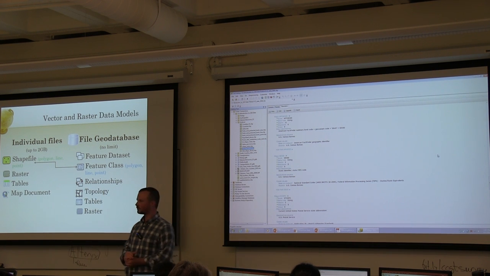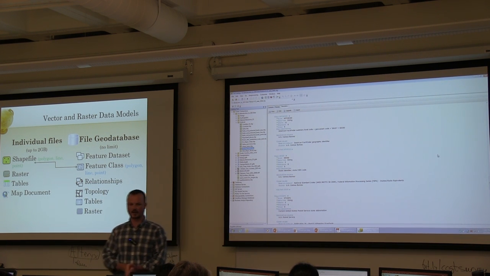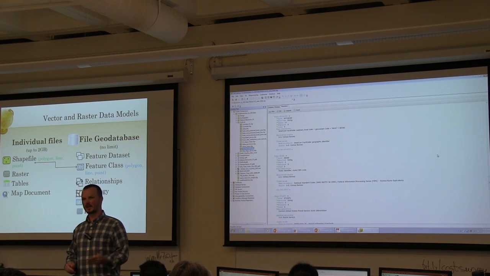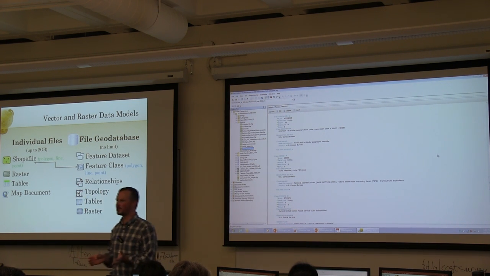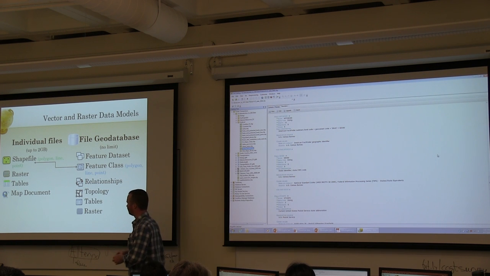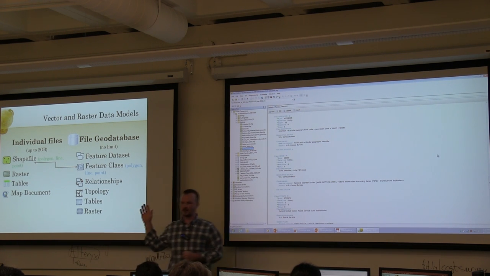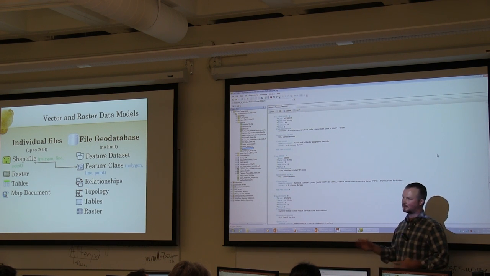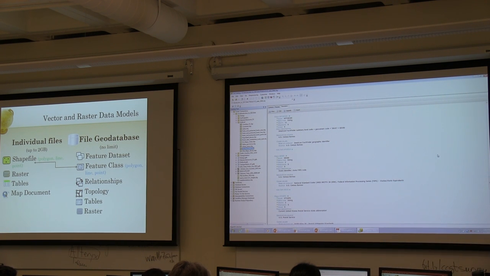So, any questions on ArcCatalog? So I want to do a quick demonstration because I mentioned before we want to use ArcCatalog for managing and especially renaming, copying, and pasting your data, and not Windows Explorer. So I don't want you to do what I'm about to do. I may rename a file and I don't want you to try it because